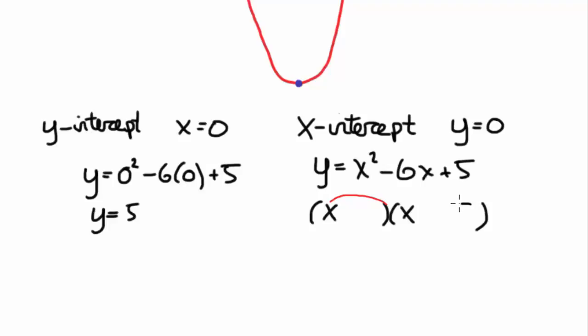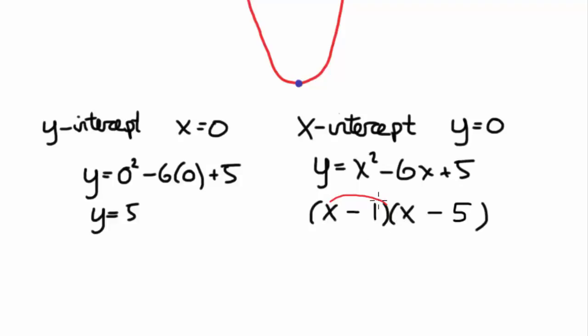So this is one of those ones. There's 5 and there's 1. Multiplying them has to give you a positive 5, but when we add x times 5 to x times 1, it should give you minus. So if we make this one minus and this one minus, what we end up with is x times x gives you x squared,